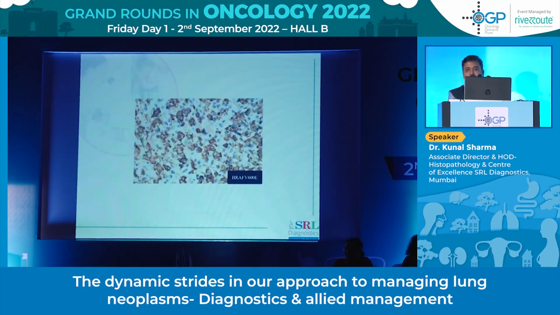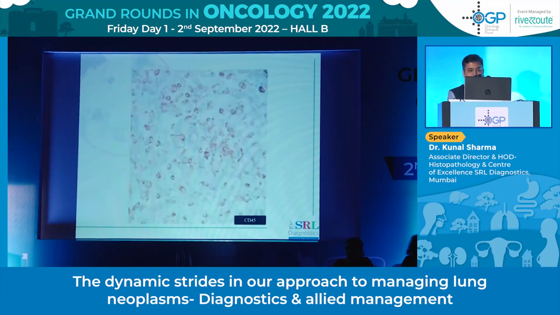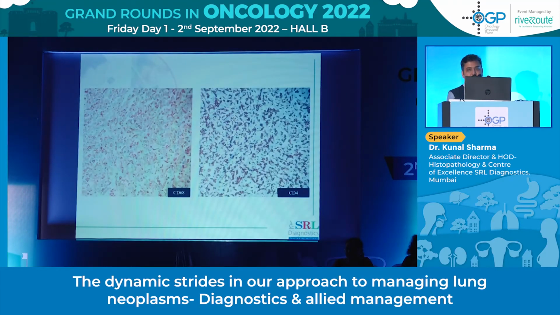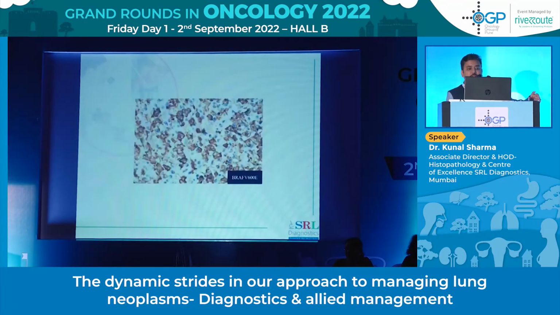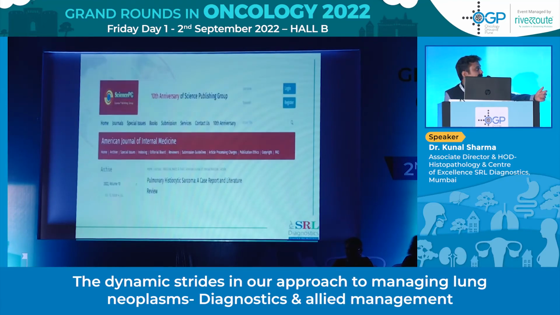Yeah, it's maybe. I can't show you in high power, ma'am, but many of the large cells were positive. I agree with you. So that's why we had a very descriptive run of hematolymphoid markers on this, and nothing really came positive. Correct. So with that in mind, the diagnosis I finally made was of a pulmonary histiocytic sarcoma.